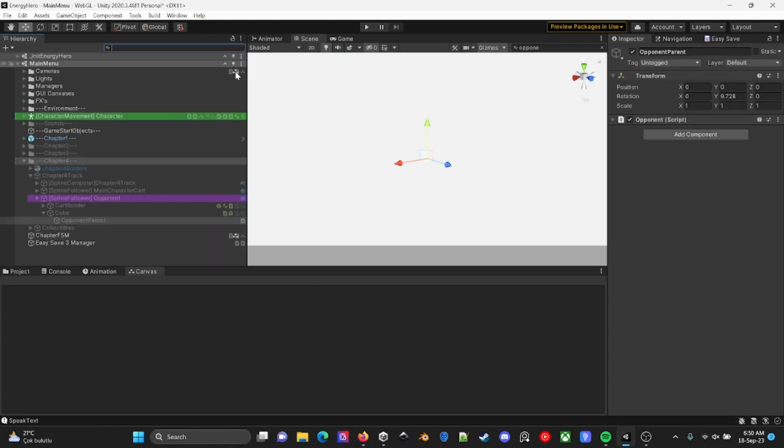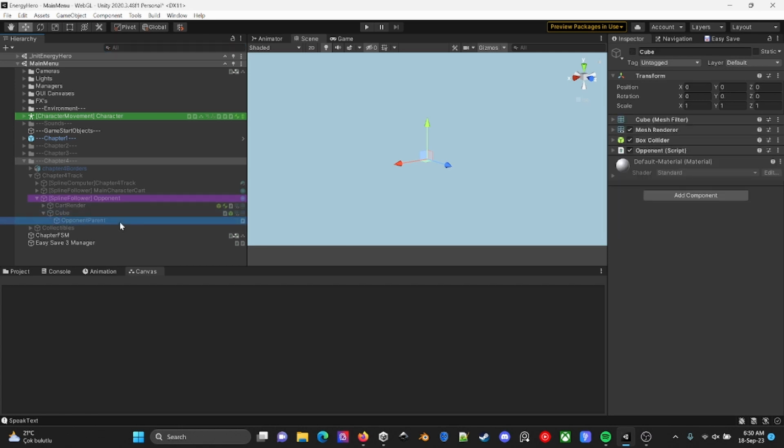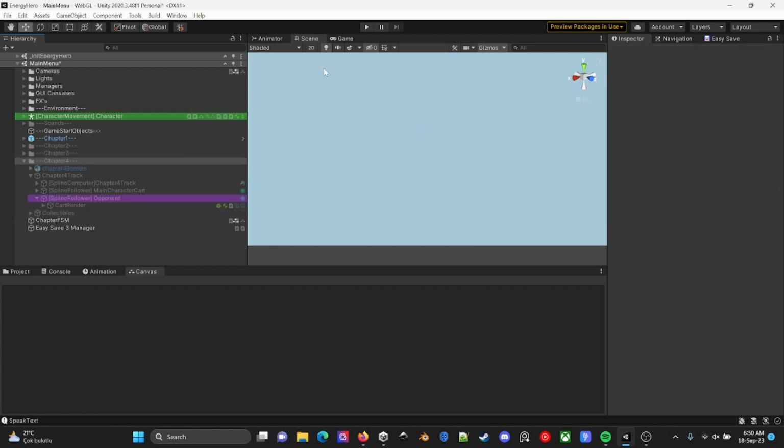In the last session I found out that I had a cube and opponent parent game objects in here, which causes this weird bug of the opponent not starting the race. So I just delete these two and retry again.